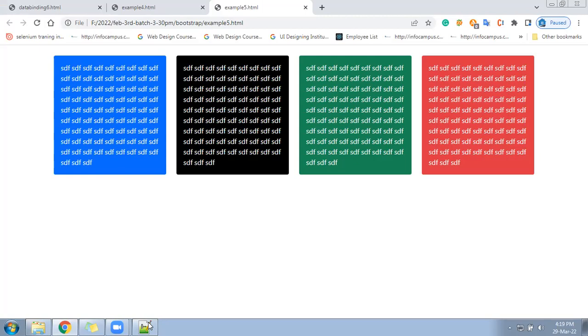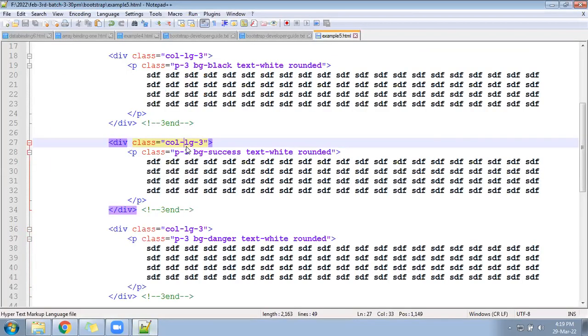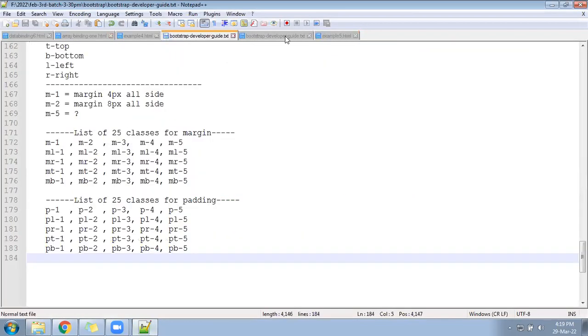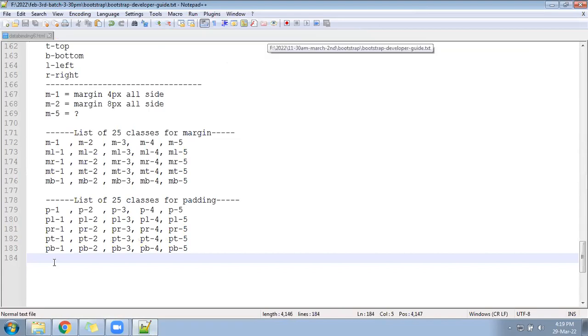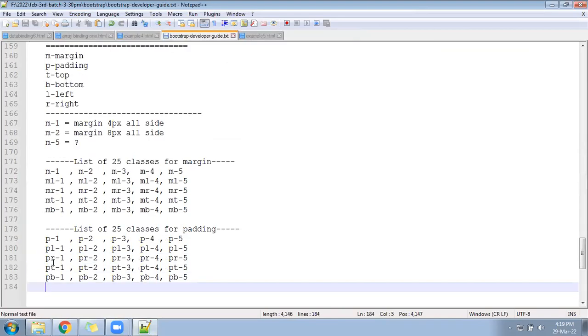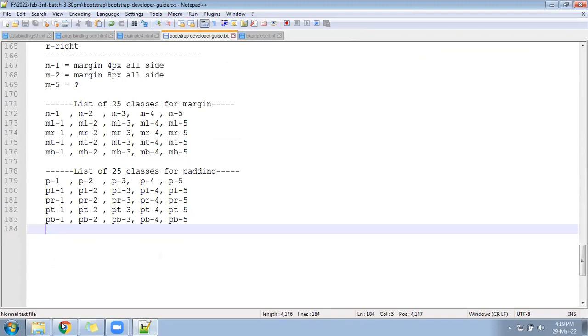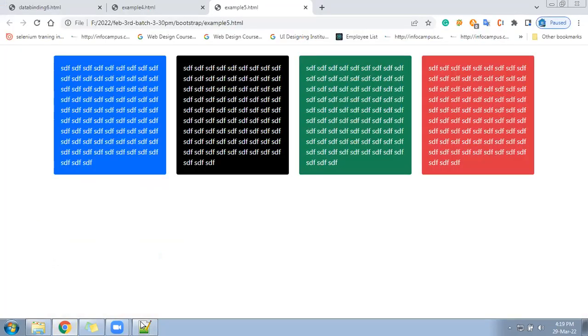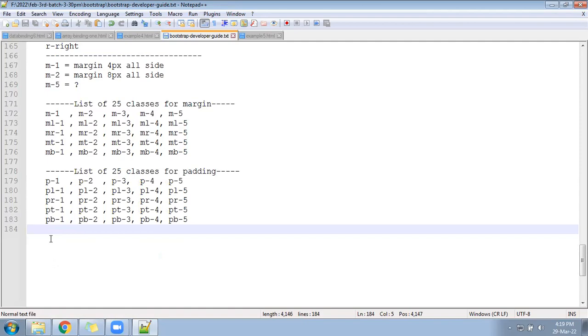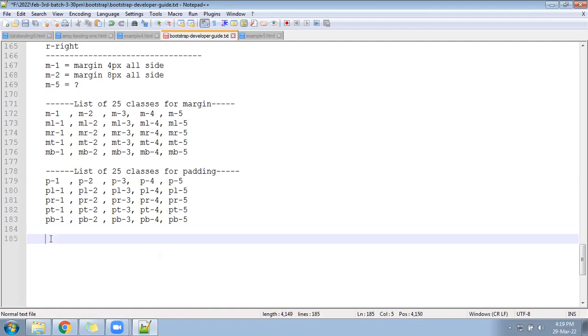Let us go next to the developer guide page. In the developer guide page, you will add the next classes for table. Images you saw, color combination we saw. Now let's see table. After that, again, we'll write another example.